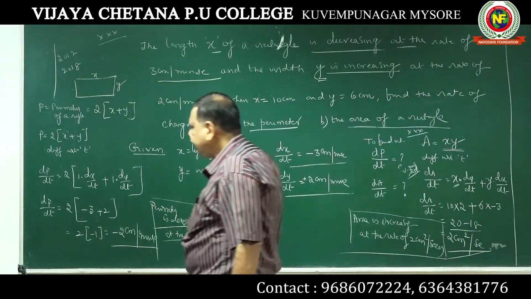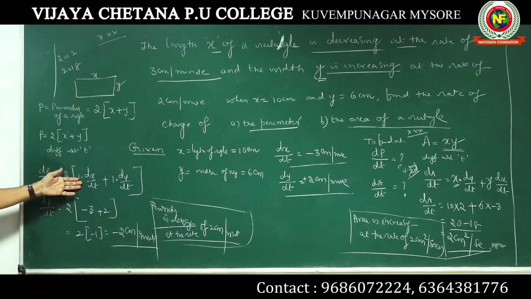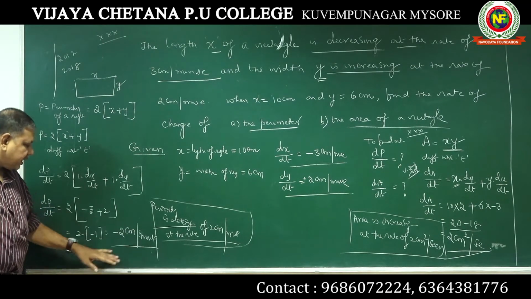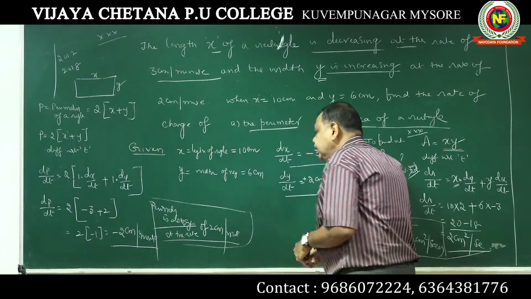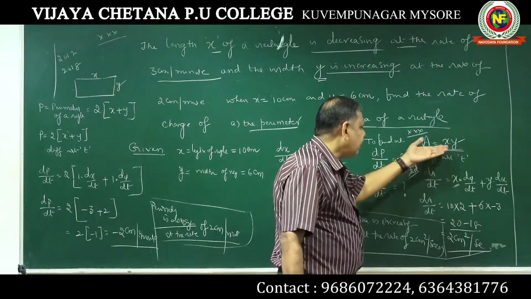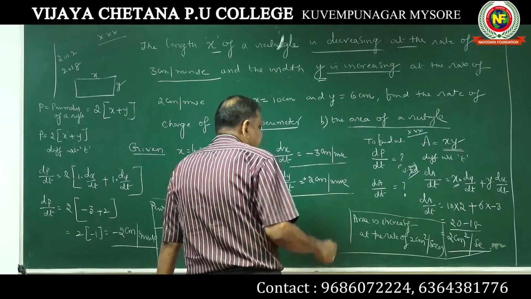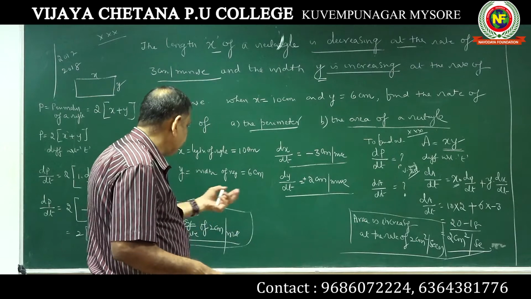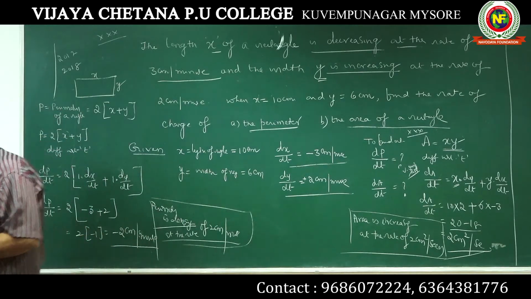Then the perimeter formula, you know, 2 into x plus y, you differentiate here and substitute dx by dt, dy by dt, you get minus 2 centimeter. Here you should write centimeter per second, there centimeter square per second. So here it is decreasing. You come to this xy area, when you differentiate this product rule you have to apply here. Substitute and you get plus 2 centimeter square per second. Area is increasing. Final answer what you should write is area is increasing at 2 centimeter square per second and perimeter is decreasing at the rate of 2 centimeter per second.